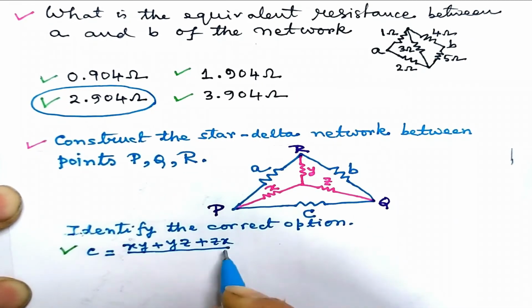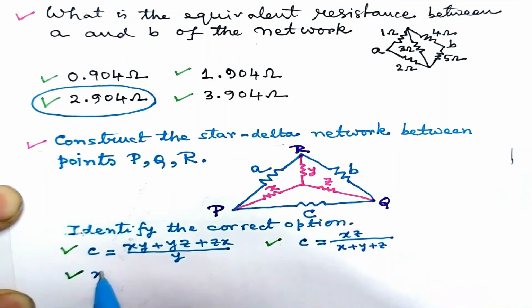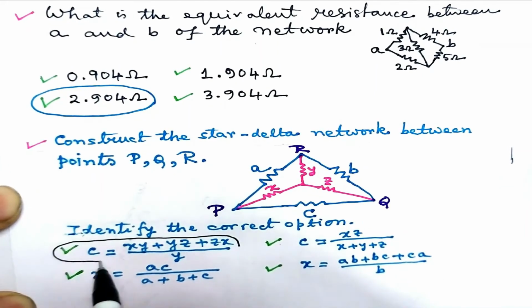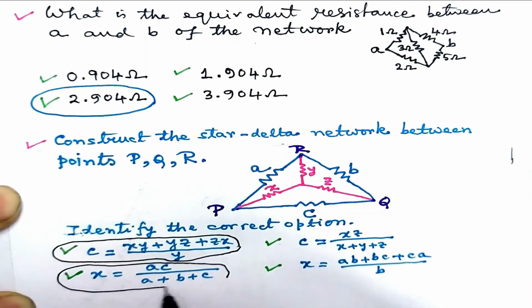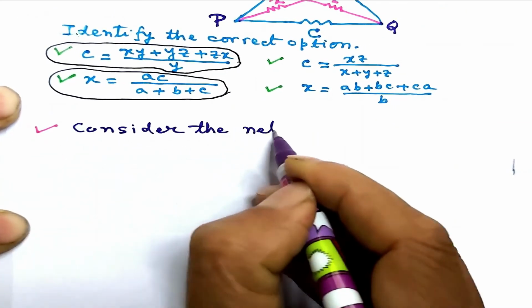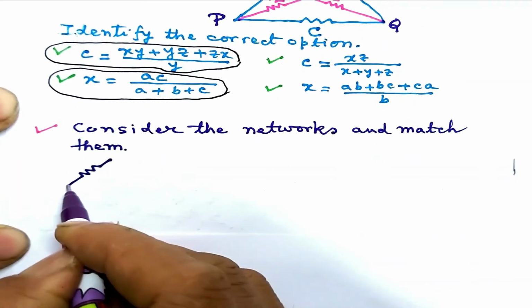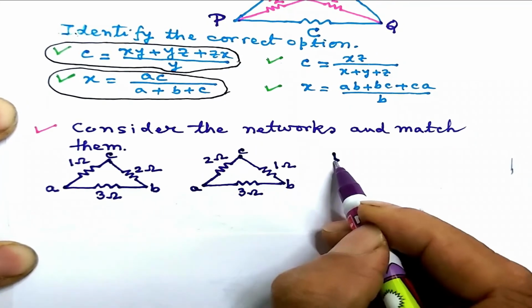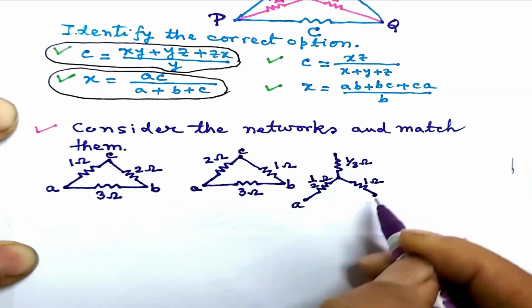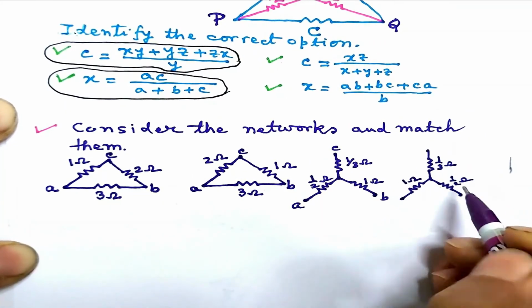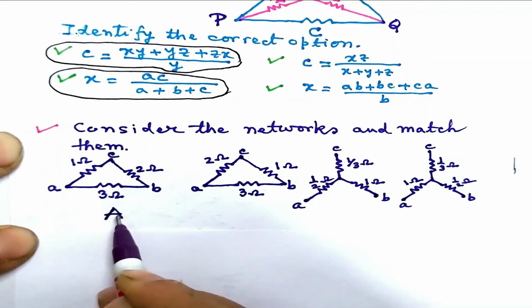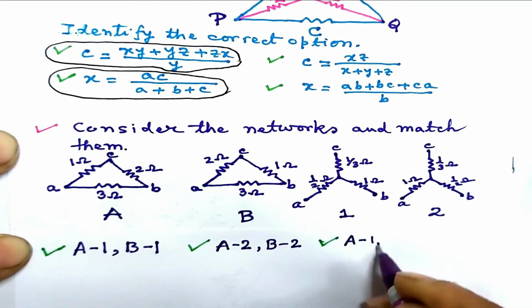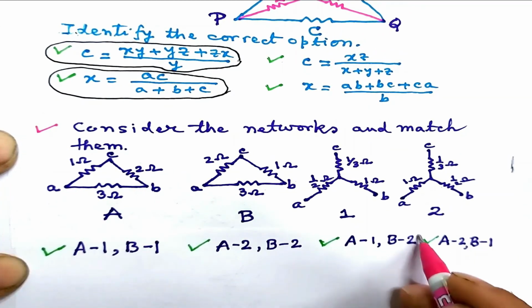The options are, these are the correct options. Next question. Consider the networks and match them. Let us label them as A, B, 1 and 2. The options are, and the correct option is